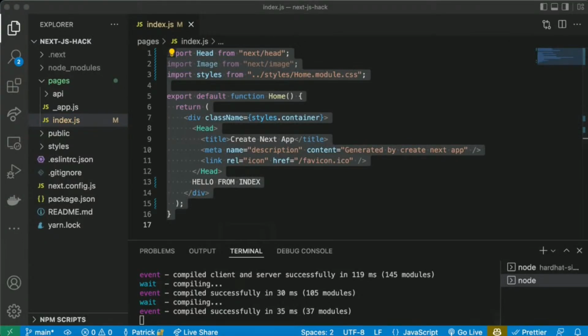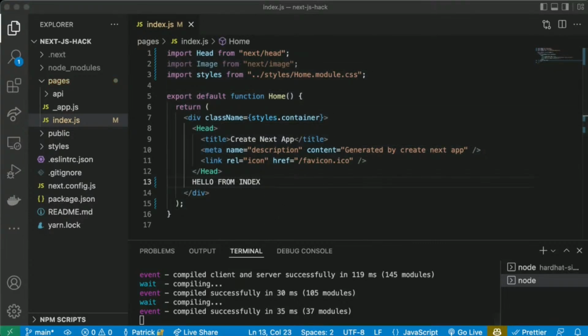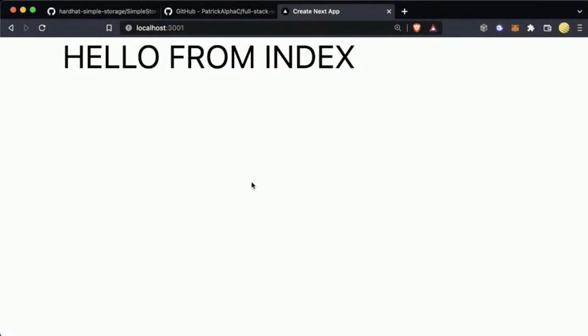Now, in our contract here, we're going to want to... how do I do this? Now, in our last project, one of the first things that we did was create this connect button, right?